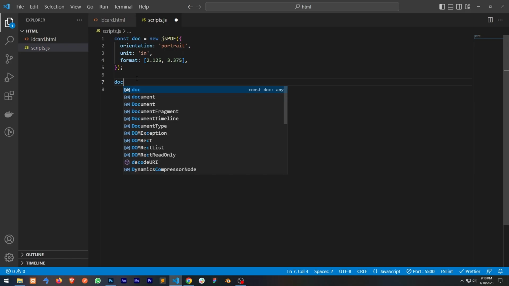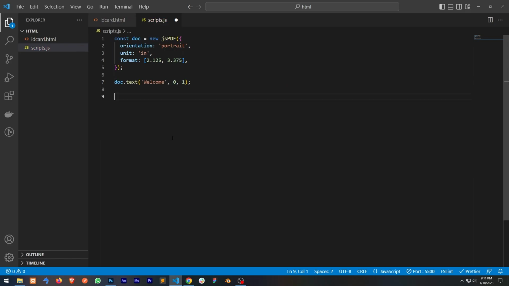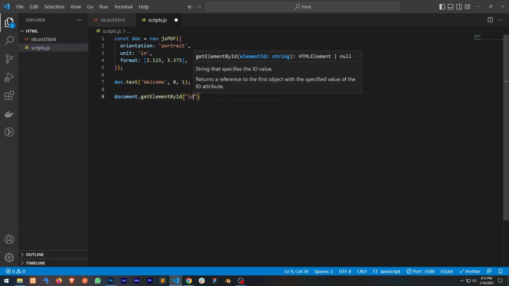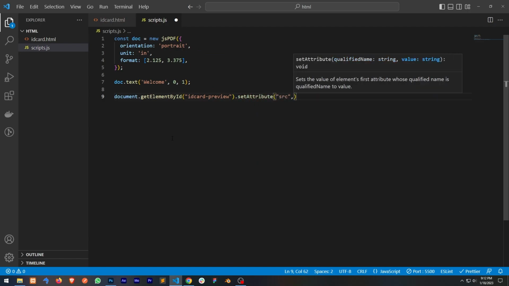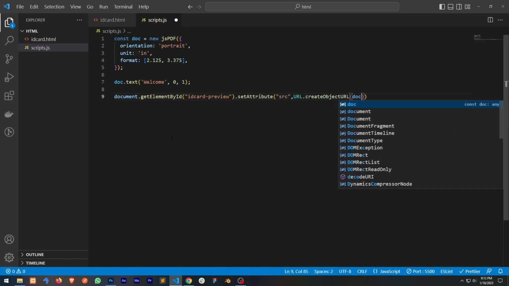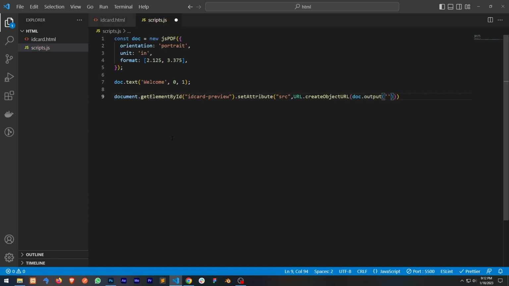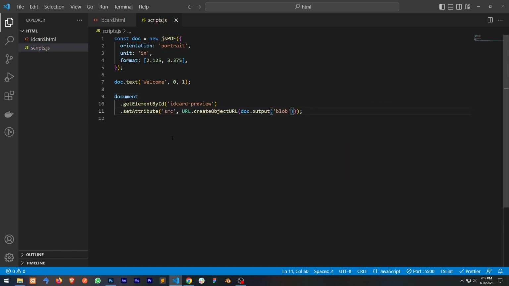Let's add a simple text into the document. Now let's add a code to preview our document within our iframe. This will display our document within the iframe,